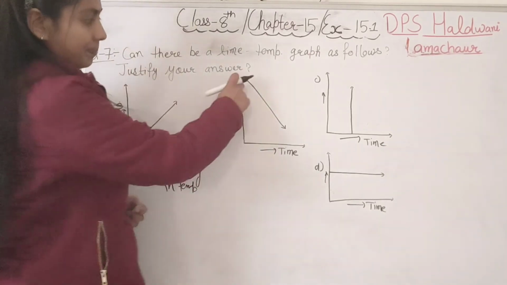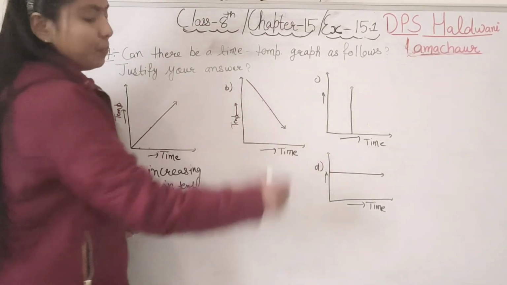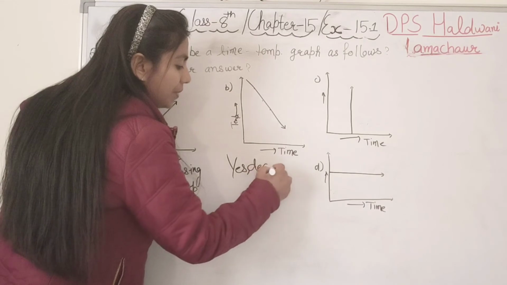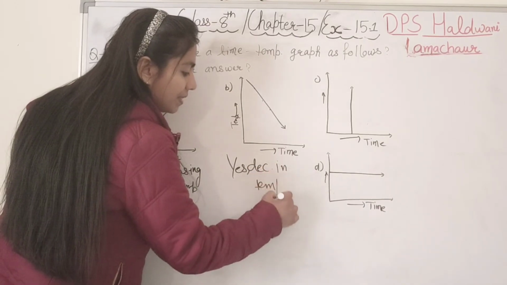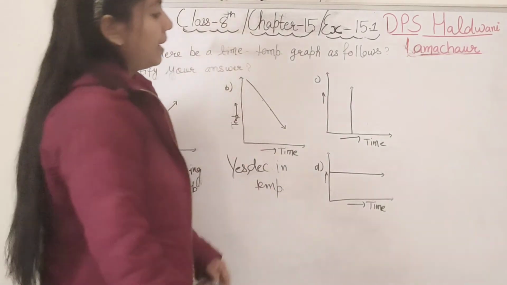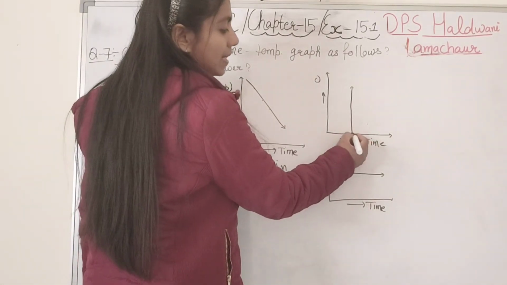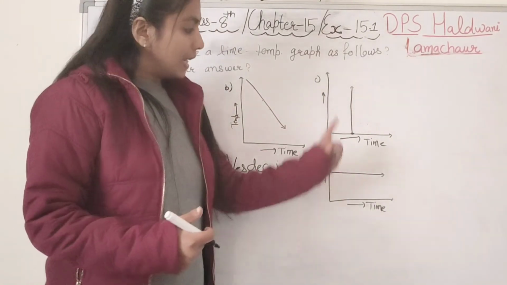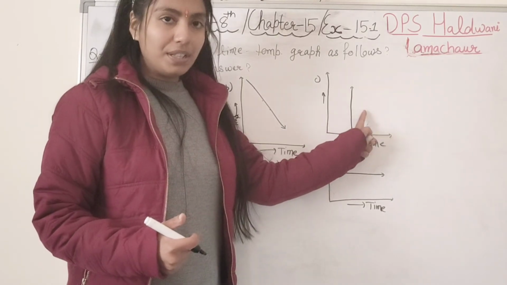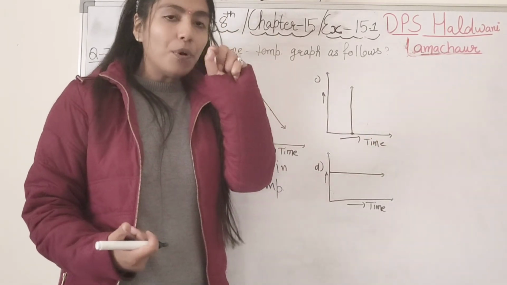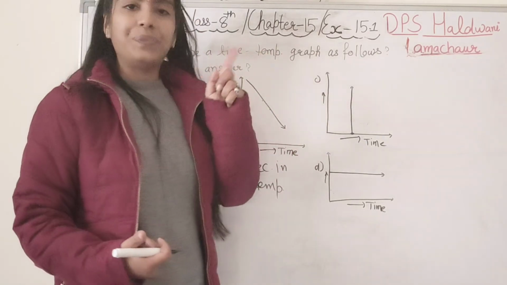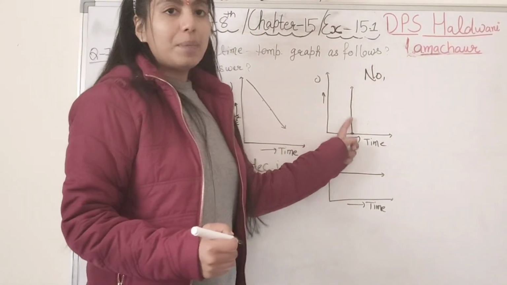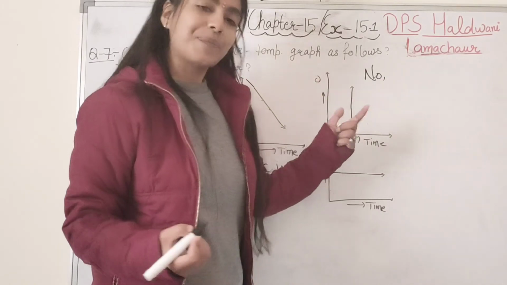Now B part, temperature is decreasing at different points of time, so yes, it is also possible. What is it showing? It is showing a decrease in temperature, right student. Now C part, as you can see, at a single point the temperature is rapidly increasing, so is it possible? No. At different points of time temperature can increase, it is possible, but at one single point the temperature rapidly increasing, no, it is not possible. So you can say no, at a constant time the temperature cannot rapidly increase, right student.